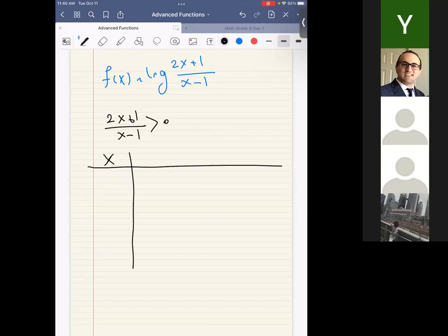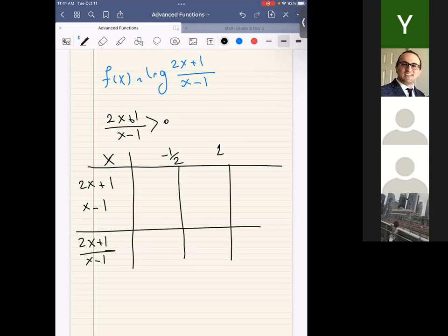You find the roots of the numerator and denominator. The root of the numerator is minus 1/2, and the root of the denominator is 1. 2x plus 1 is 0 when x equals minus 1/2, positive here, negative here, and x minus 1 is 0 at x equal to 1. And when you multiply the signs, you get